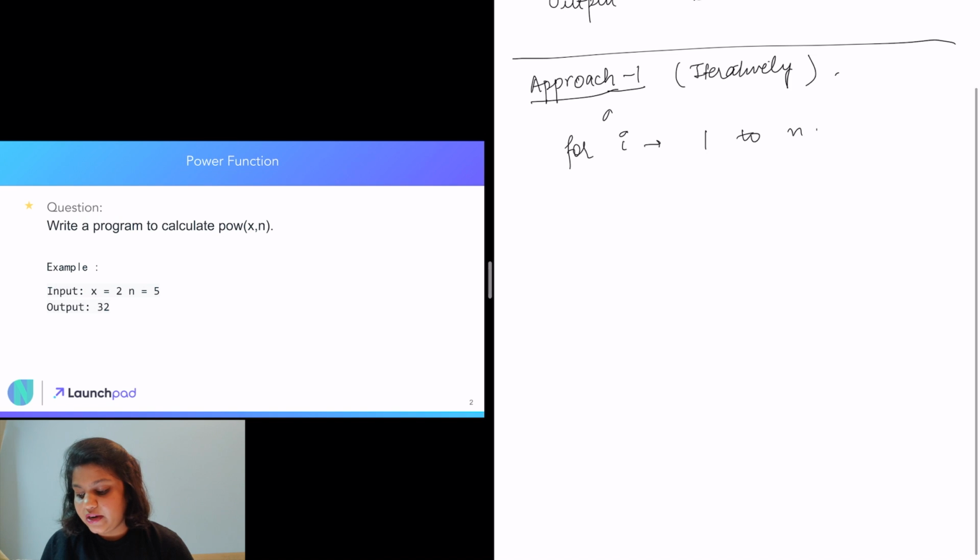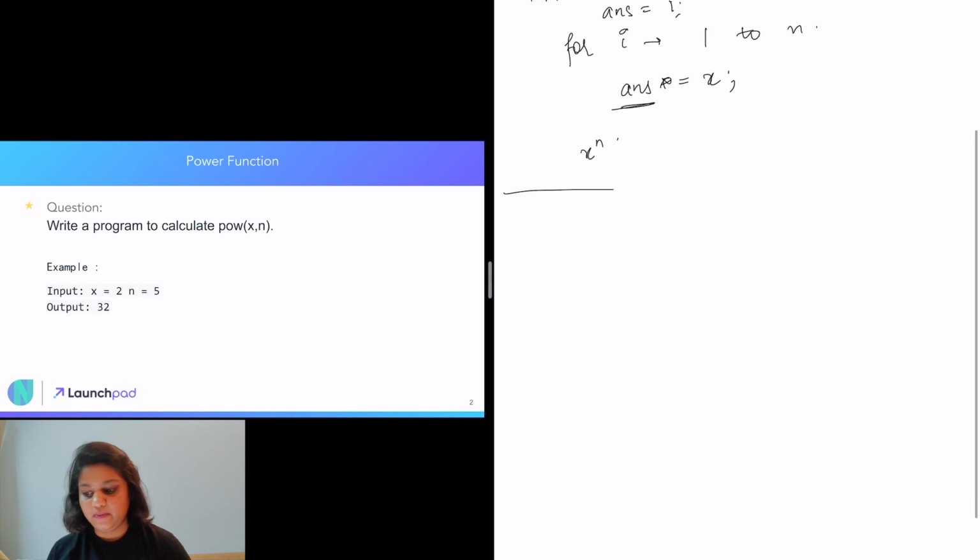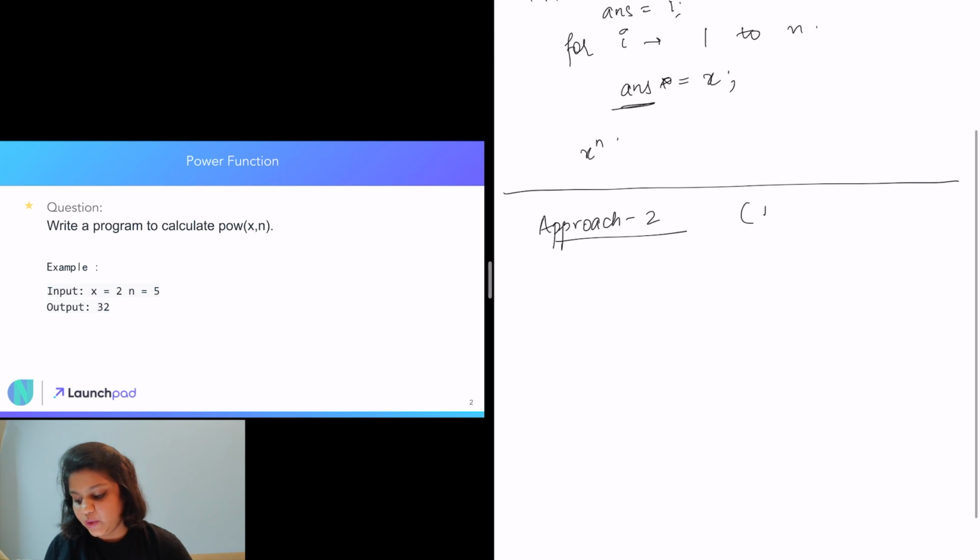For i from 1 to n, we can have an answer initialized to 1, and then we can multiply x n times. So at the end our answer will have x to the power n, right? Similarly, we can do this recursively as well,